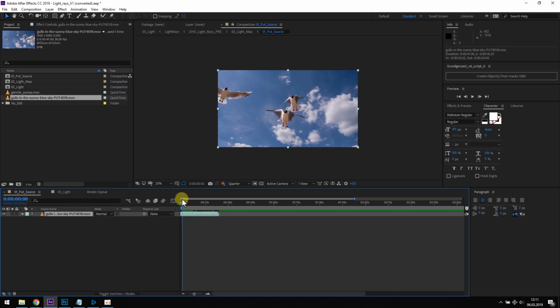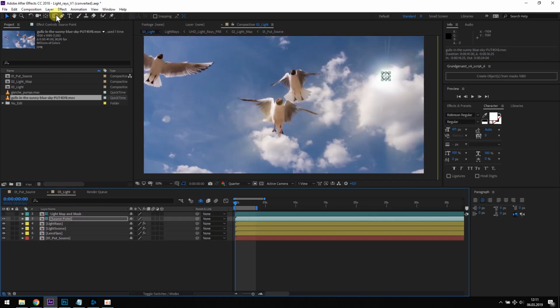Okay, I'm going to place a sun right here. So the problem with this footage is that the light rays emerge from the parts which are the brightest, and the source and lens flare as well. But the sky is not the brightest part of the pictures, it's the clouds and the seagull's wings and body right here. So if we do what we usually do, we might